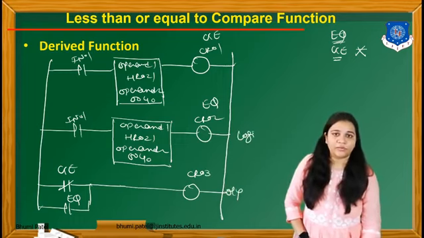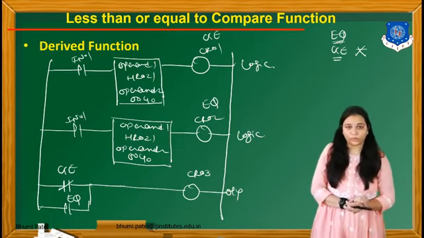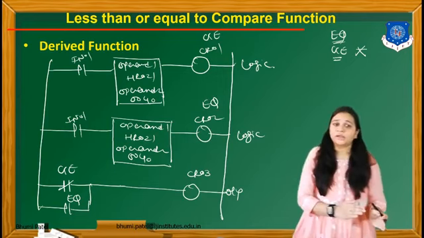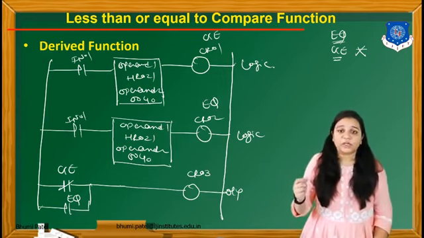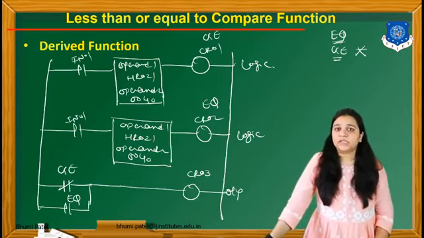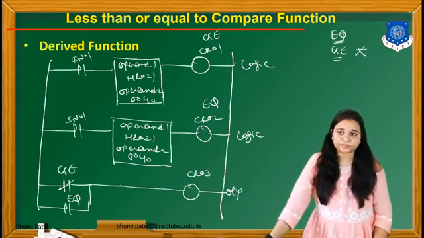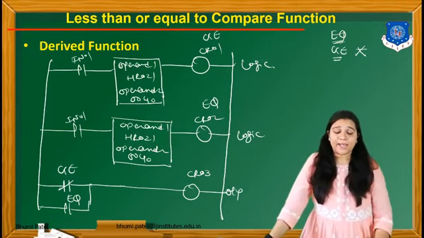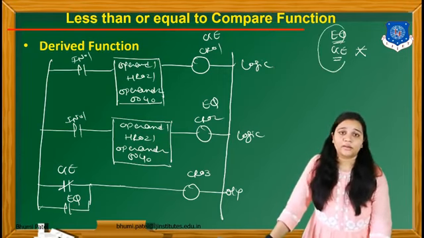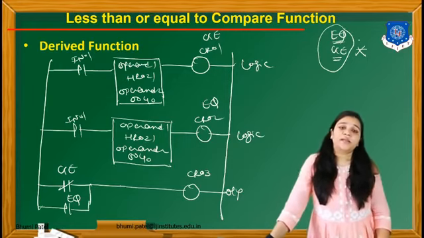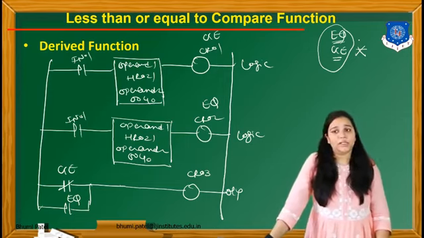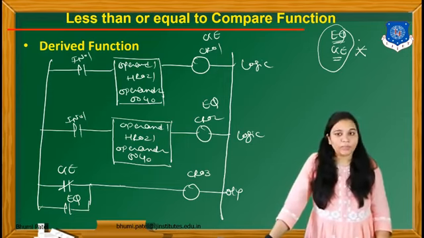So this is my output, and these two rungs are the logic behind this output. If the number is not greater than or equal to, but we take the equal portion for this particular operand, then we can easily find the less than or equal to number. Clear? So using the direct functions equal to and greater than, we derive the four other functions that are generally used in the industry or in PLC programs.